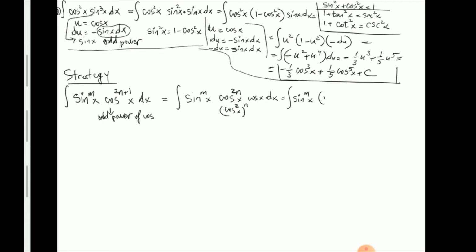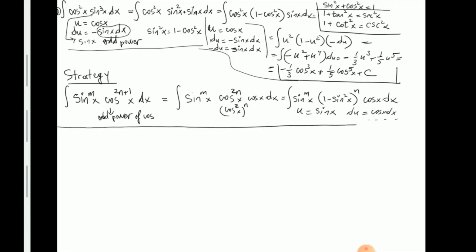Replace cosine squared with 1 minus sine squared, and then what you'll have here in the end is suitable to a u substitution by making u equals sine of x. And then you continue from here. So that's one aspect of the strategy, and then corresponding to the second example,